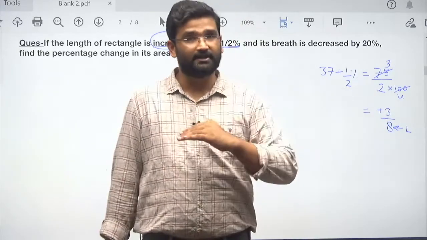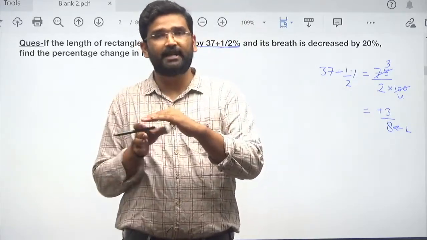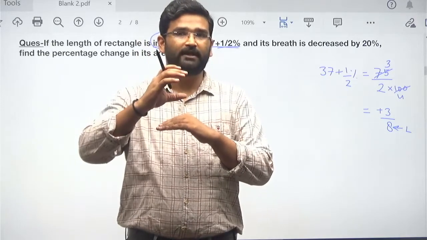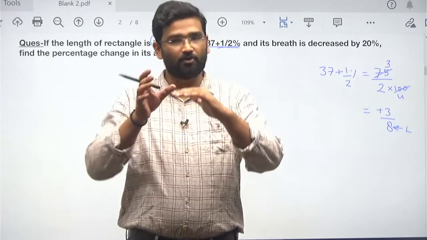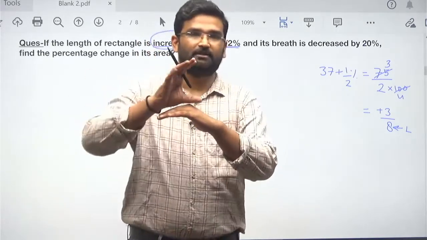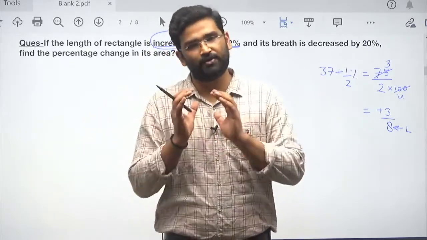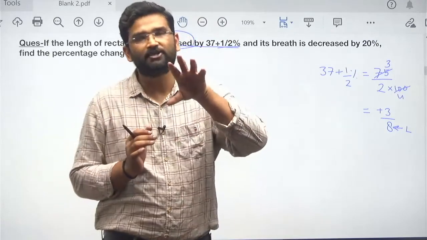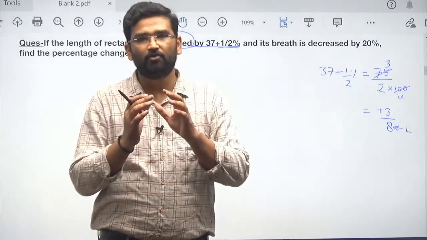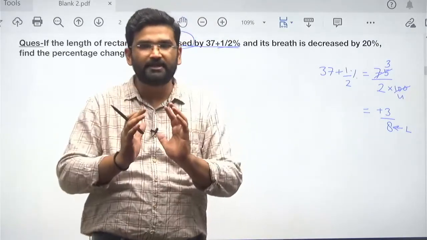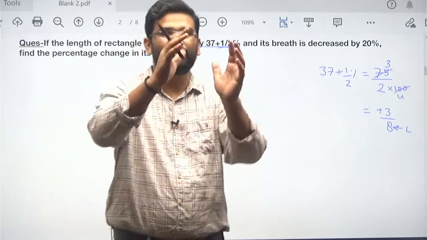Whatever is the denominator is always the original quantity, and whatever is in the numerator, it means that the original quantity has changed by that number which is in numerator. Denominator में जो भी है वो original quantity है, और numerator में जो भी होगा ना वो change होगा, जो denominator में हम वो change करेंगे वो numerator होगा, okay?